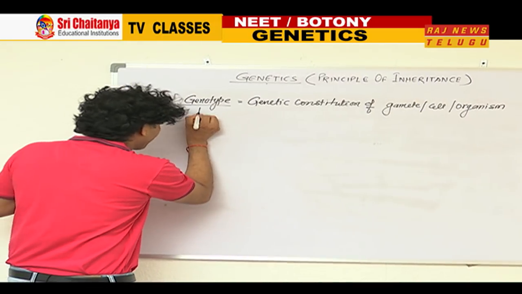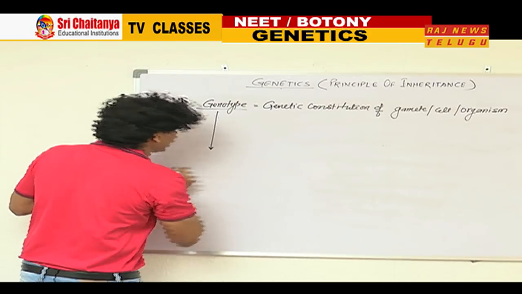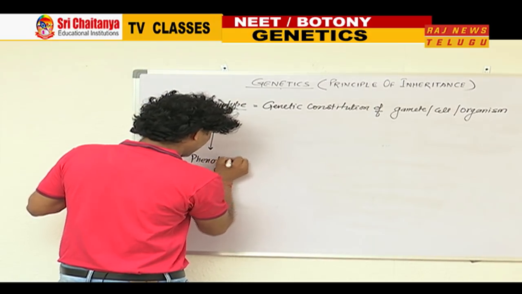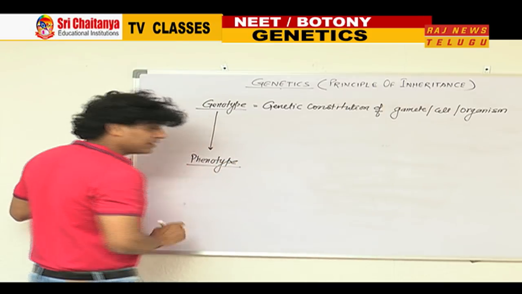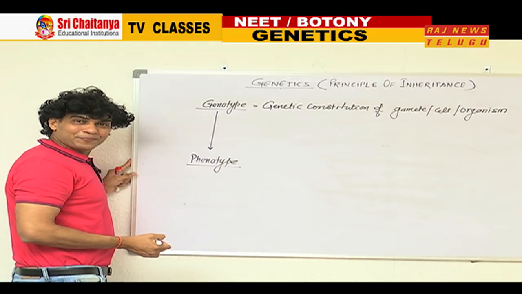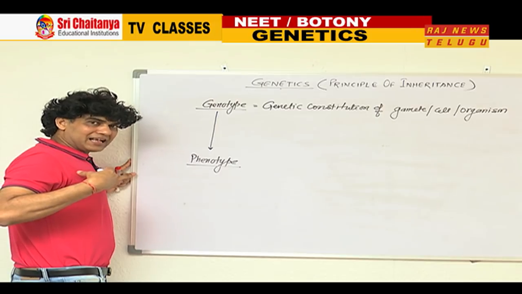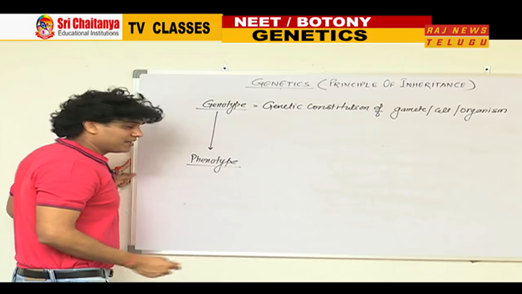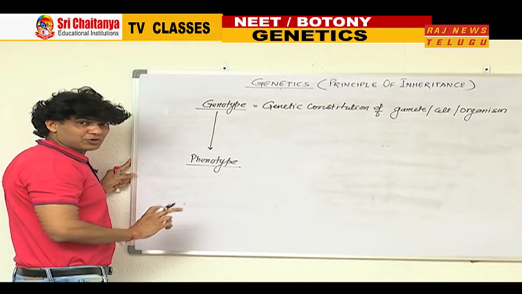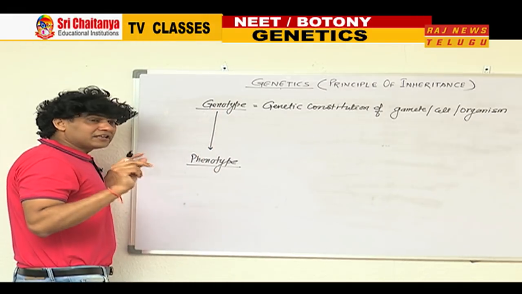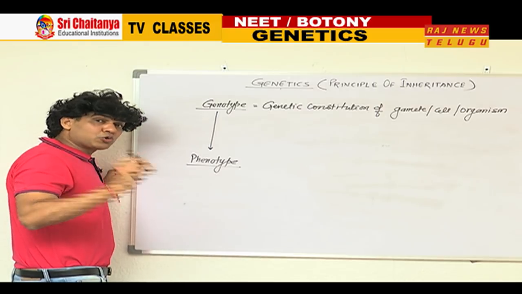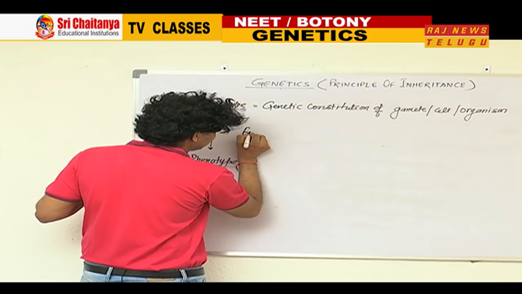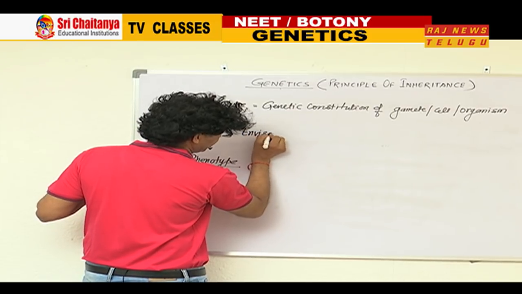And whatever kind of genetic constitution we have, accordingly we will show the phenotype. Means whatever phenotype you are showing is the consequence of the genotype. What kind of genetics I have will be reflected or exhibited in the form of the phenotype. Means phenotype is an outcome of genotype. But don't say that phenotype is an exclusive outcome of the genotype. No, this is wrong, because one more variant is here, and that is the environment.